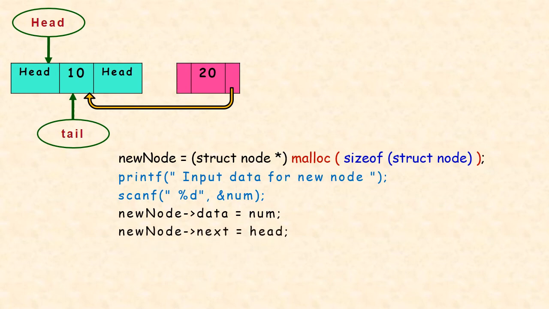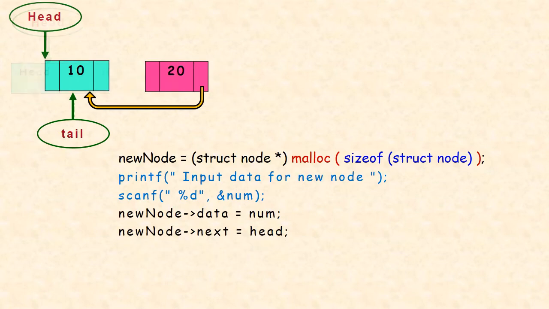Okay, then what we are supposed to do is establish this link. What link? This link, between the first node and the second node. To do that you can write this code. Not the first node, actually the last node of the previous list. Here we have only one node now, that is why I said first node. So tail always points to the last node of the previous list, so tail next is equal to new node,